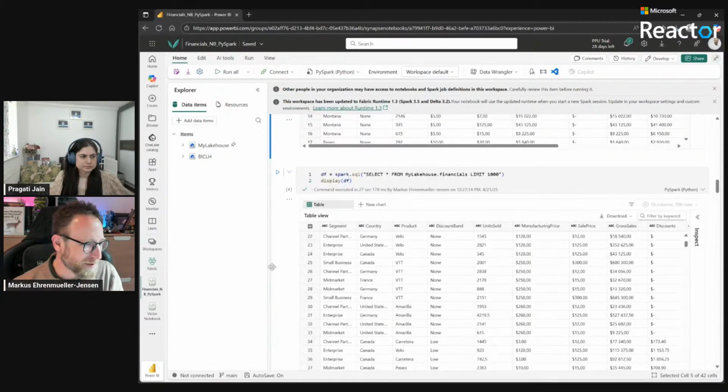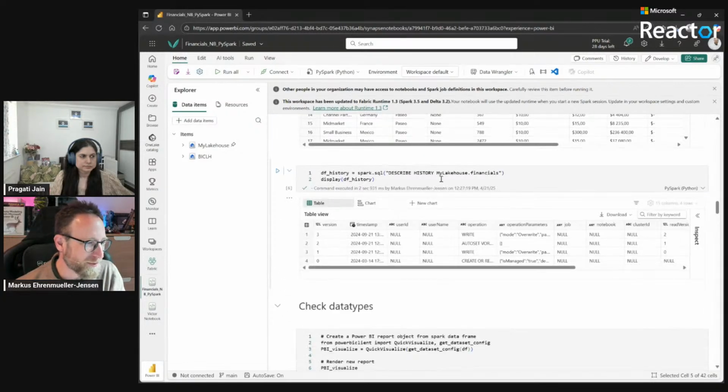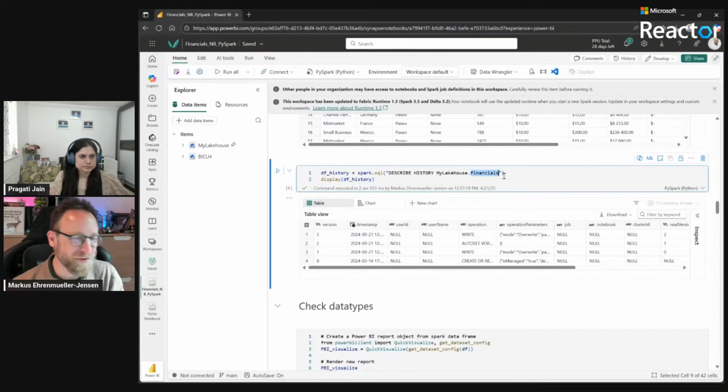If you jump a little bit further, what we can, for example, also do is describe the history of this financials table, where you can see that something was created a while ago, right? A year ago, I built this example. Obviously, you can see what changed in this file, because this is not just a CSV file. It's a table in Fabric, but it's a parquet, Delta parquet file.